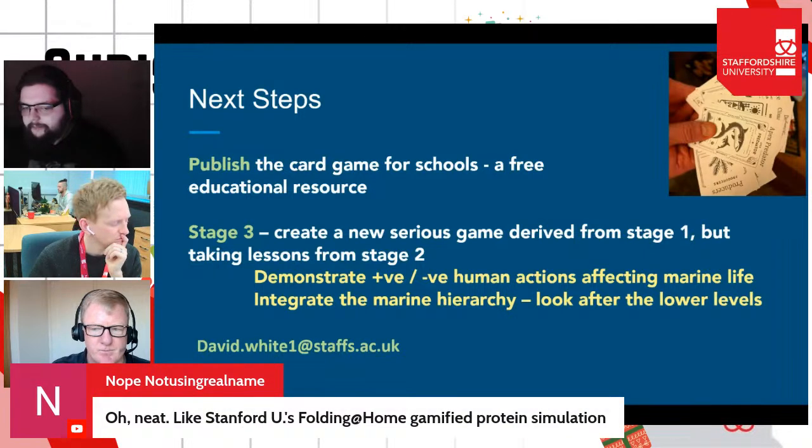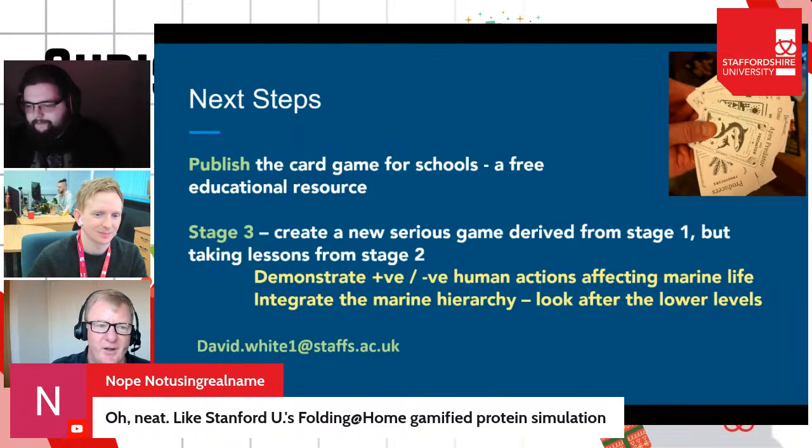They said, "Oh, neat! Like Stanford use Folding@home, a gamified protein simulation." Yeah, exactly, and that is something that could come out of this. It is citizen science, but if our simulations are any good, and then we give them to people, hopefully